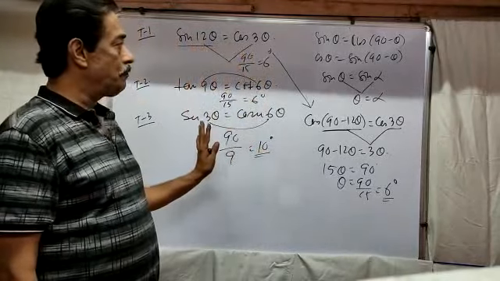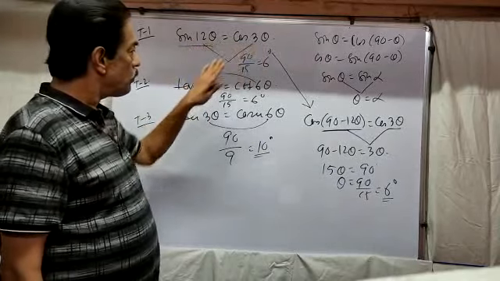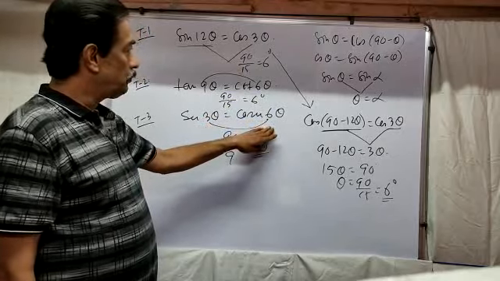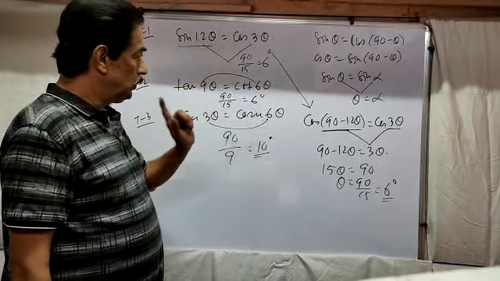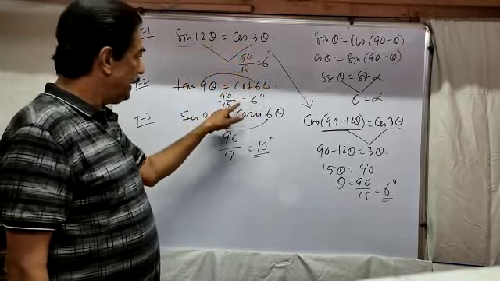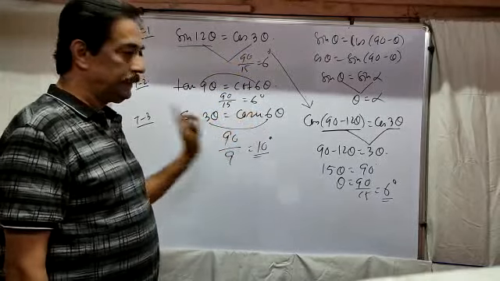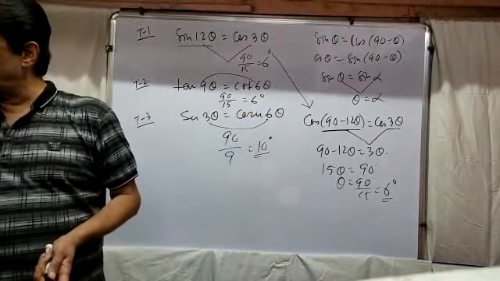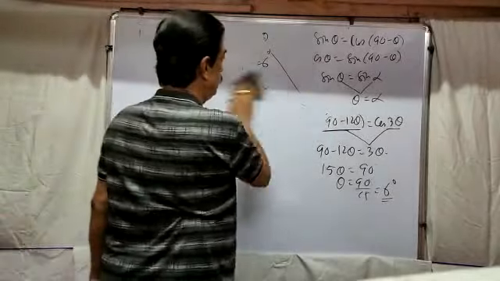So this is one specific type to find the solution, when sin 12 theta equals cos 3 theta, or tan 9 theta equals cot 6 theta, or sec 3 theta equals cosec 6 theta. You have to find out whether it is a sin cos combination, tan cot combination, or sec cosec combination. Your rule is 90 divided by the sum of these two numbers. 90 divided by 6 plus 9, which is 15, your answer is 6. 90 divided by 3 plus 6, which is 9, your answer is 10. This is the most vital area to solve for the solution. Next pattern, they can give the solution in a different way.